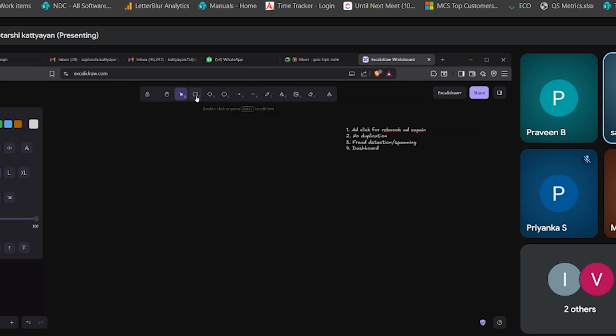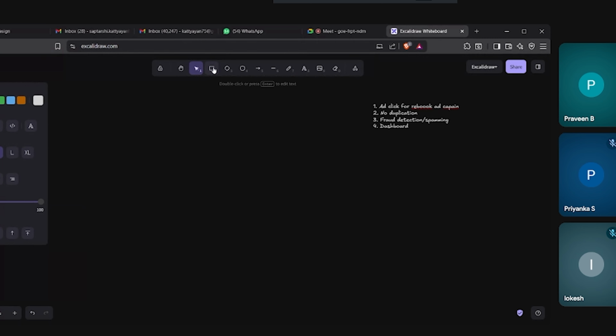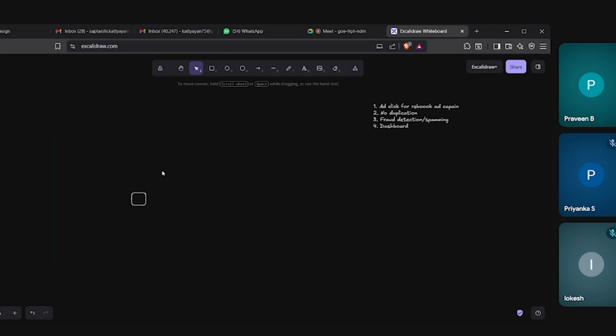Let's start. In such an ad click aggregator system, the basic thing is there will be some kind of pop-up shown on the screen, and the user will generally click on it. So let's say this is the user.